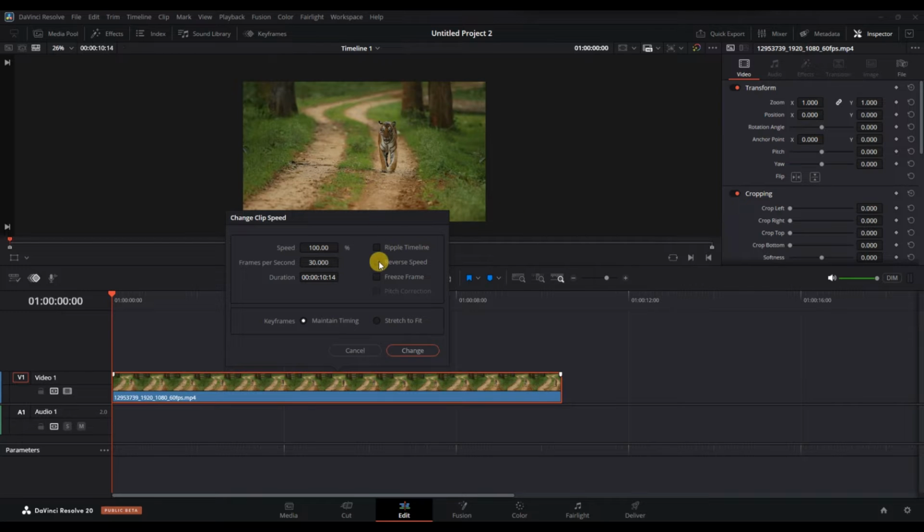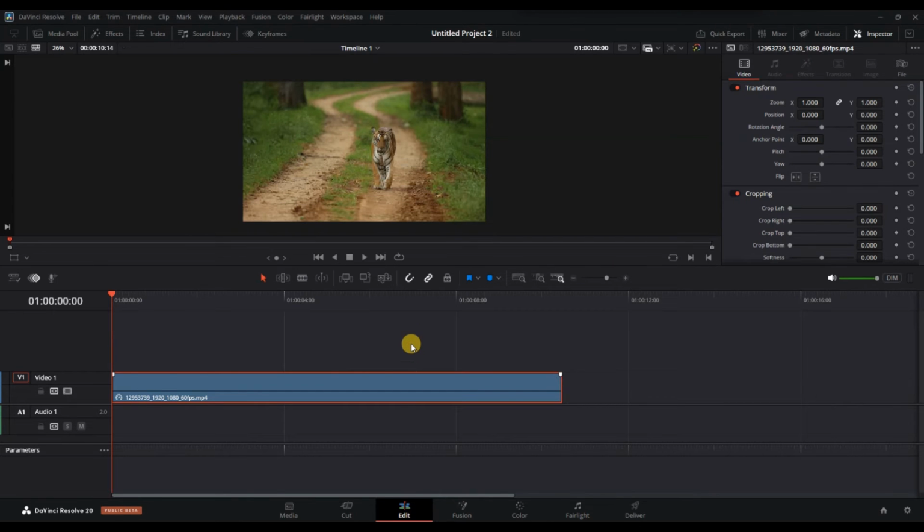In the Change Clip Speed window, you will see a checkbox labeled Reverse Speed. Check this box to enable reverse playback for your clip. You can also adjust the speed percentage if you want the reversed clip to play faster or slower than the original. Once you have enabled reverse playback and adjusted the speed if needed, click the Change button to apply the